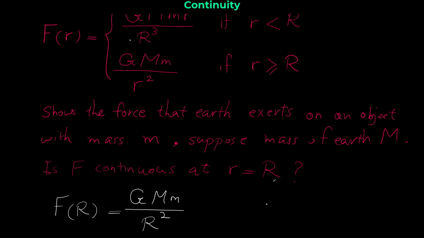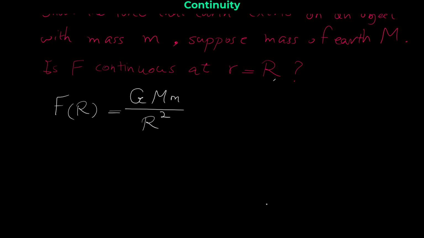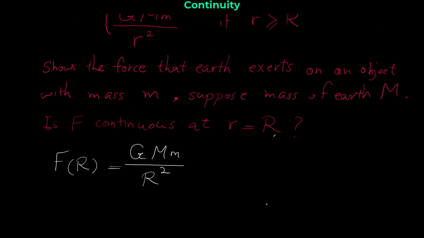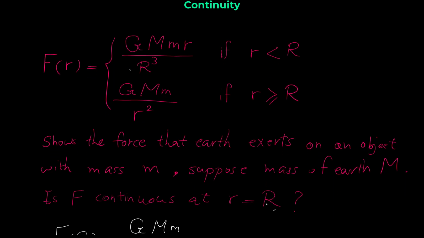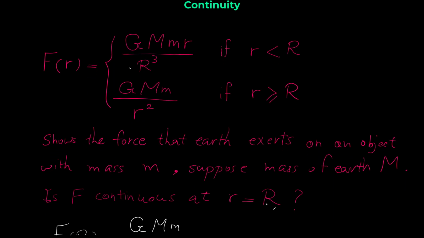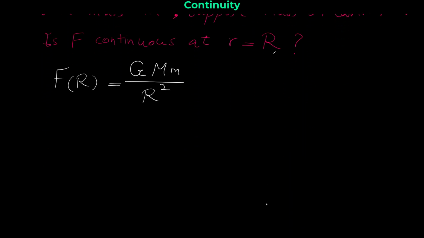After this, we have to find the right limits and left limits separately. Because when r is less than R, we have one equation, r greater than R, another equation, we cannot find the limit